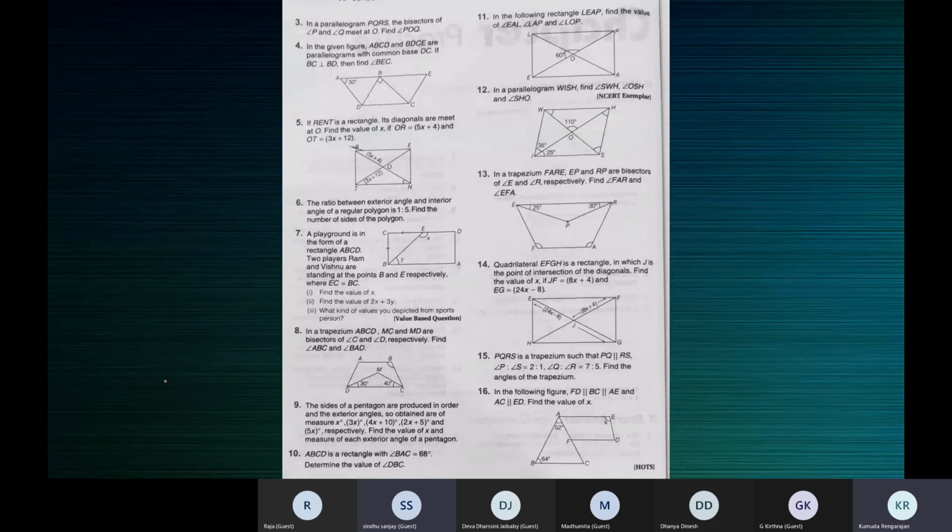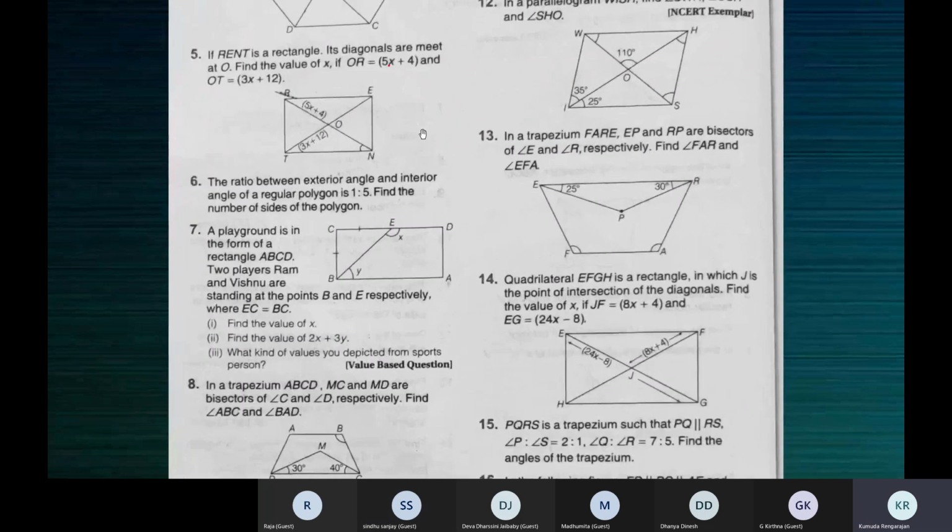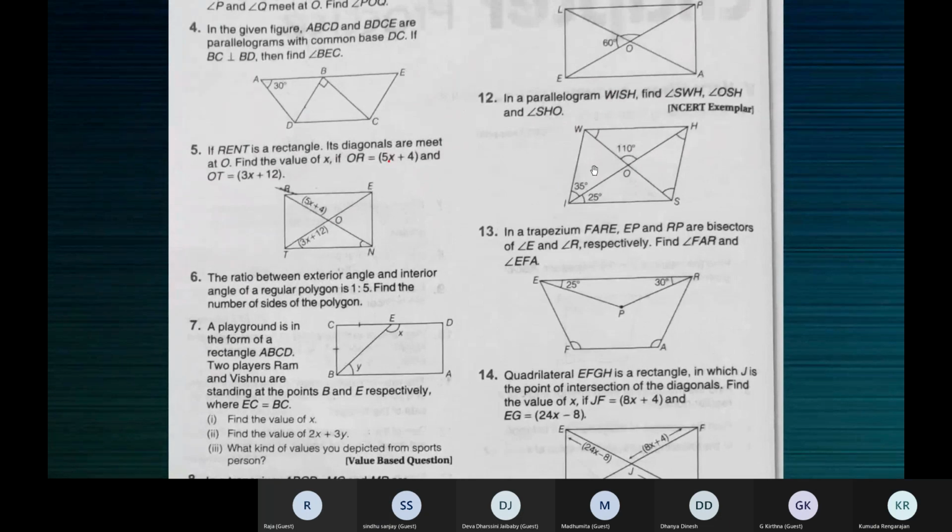Okay. Then the third angle we already understood how to find: SHO. Alternate interior angles. Parallel line, transversal, parallel line. So that's 35 degrees. Parallel line, transversal, parallel line, 35, 35.